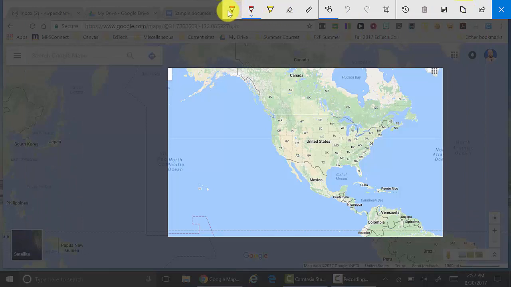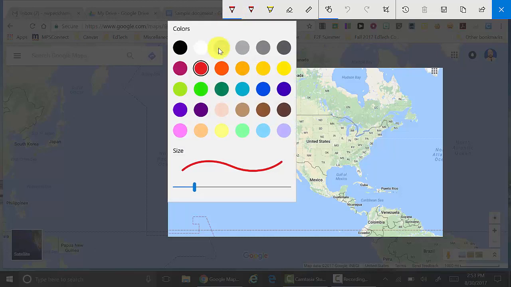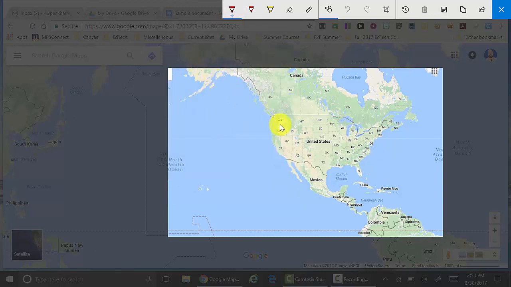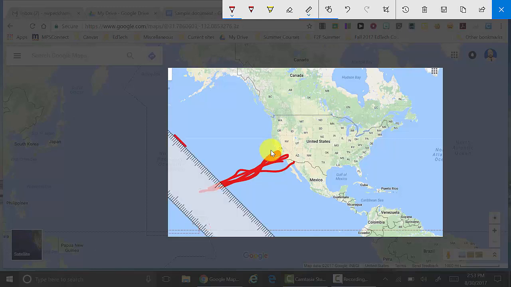And now I can actually start annotating right over that screenshot. I have a ballpoint pen, I have a pencil, highlighter, etc. So I'm just going to go ahead and select the ballpoint pen. You can use your trackpad. It's much easier, of course, to use your stylus. Okay. You can also use a finger. So if I want to draw a line between California and Hawaii, I can do that. You can also use the ruler to draw a straight line on your